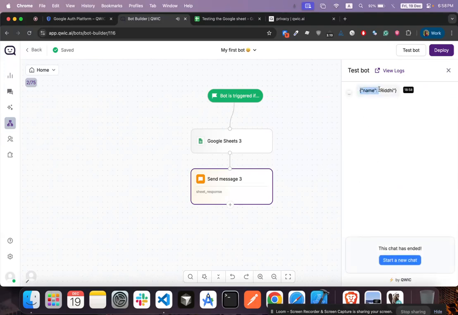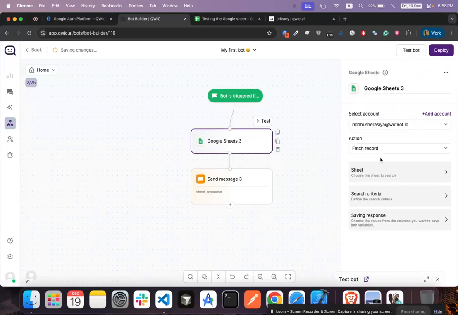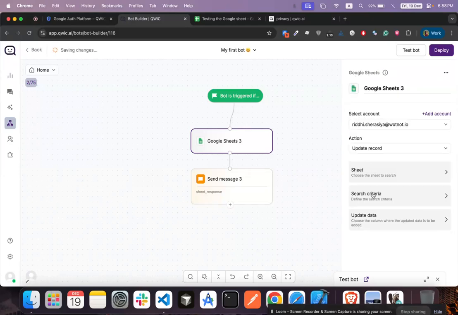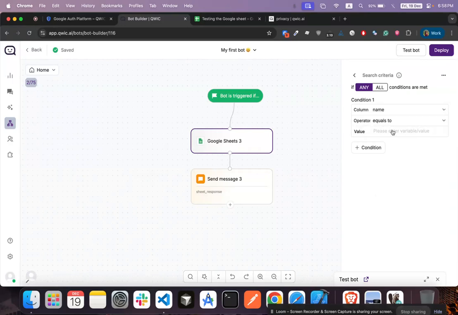As you can see, there was one entry which was shown here. Now, the third action which we are doing is updating the existing record. For this also, we need to perform the same steps: providing the spreadsheet ID, selecting the subsheet, adding the search criteria as name equals Riddhi,